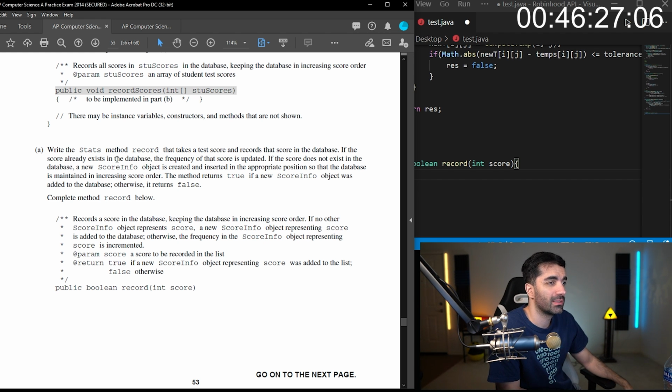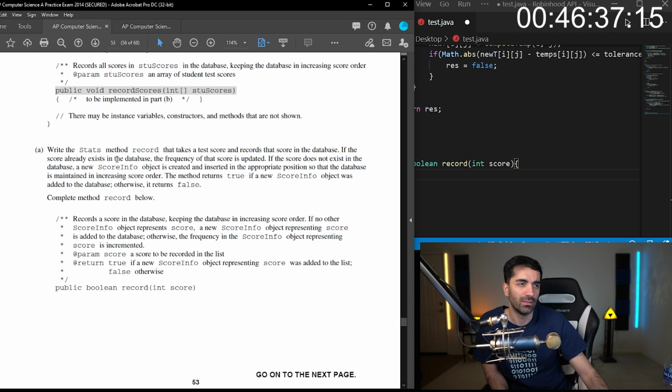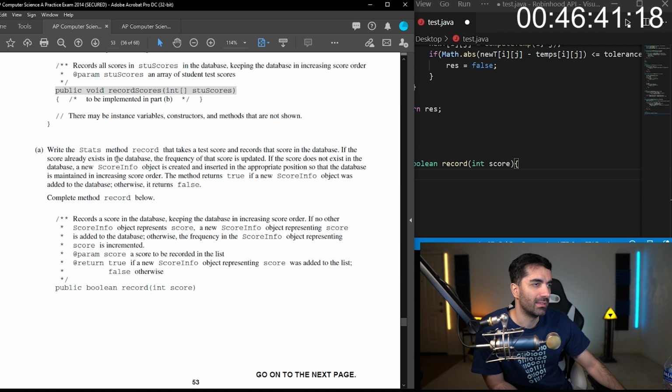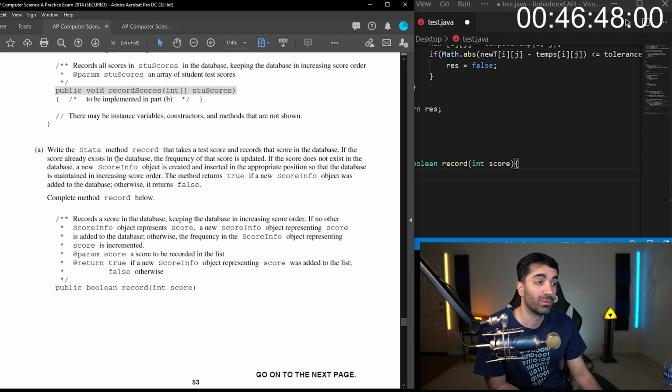If the score already exists in the database, the frequency of that score is updated. If the score does not exist in the database, a new score info object is created and inserted in the appropriate position so that the database is maintained in increasing order. The method returns true if a new score info object was added, otherwise it returns false.